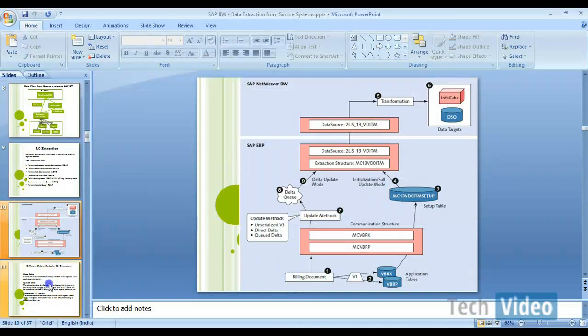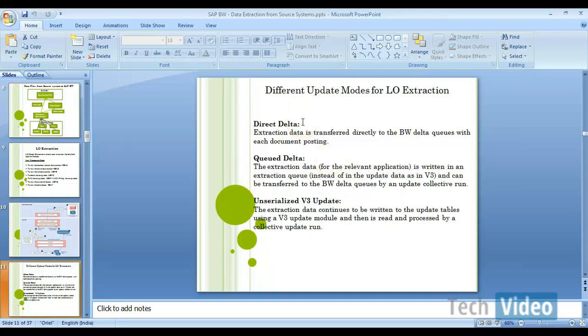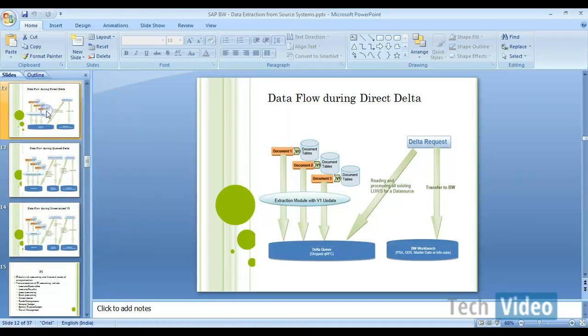Now if we go to here, so these are the different update modes, and first we'll take direct delta. So in case of direct delta, what happens? Users will enter their sales orders or purchase orders using specific transaction codes in ECC system. So once they save that either sales order or purchase order, those will come and inserted into application tables. Okay. So how those transactions are going to insert into application tables? Using different update